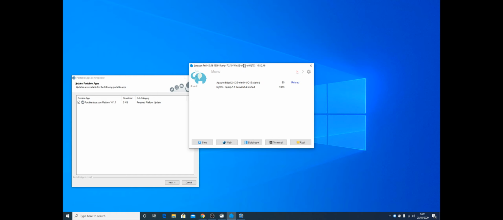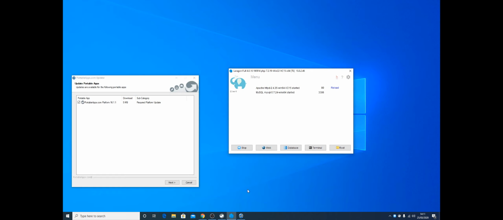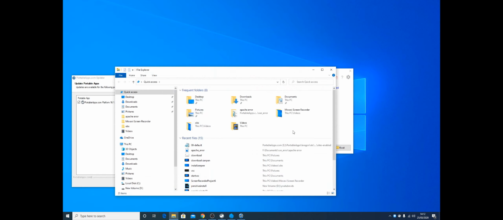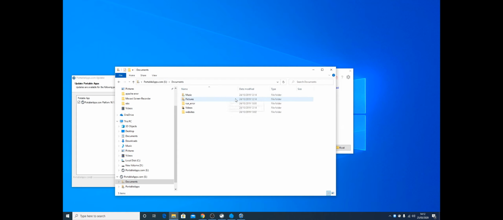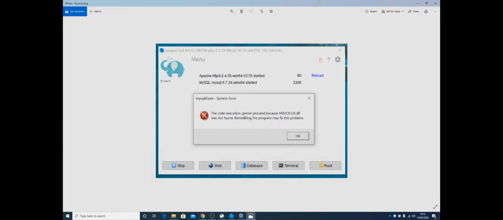Okay, now you might get another error. Okay, and again, let's have a look at them here. So, Portable Apps, go into a document, run error, and the other one will be a MySQL error. Okay, and this is the error that we will see. And what it comes down to, you only get this if you've got a very new computer and you haven't installed many applications or many